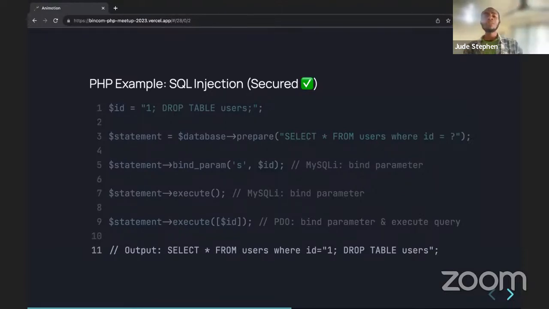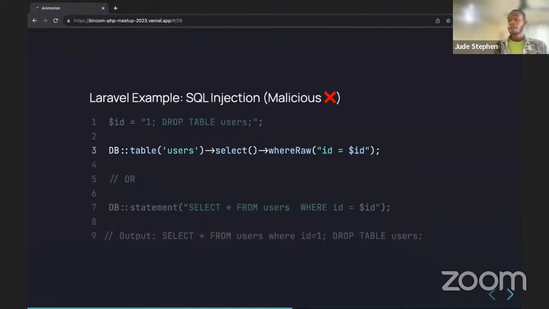So let me show you a Laravel example. Most of us use DB queries, that is raw queries. We call them raw queries in PHP because Laravel provides us with the Eloquent model. With Eloquent itself, we don't need to write the traditional SQL statement. We just need to leverage what Laravel has given to us in the Eloquent API.